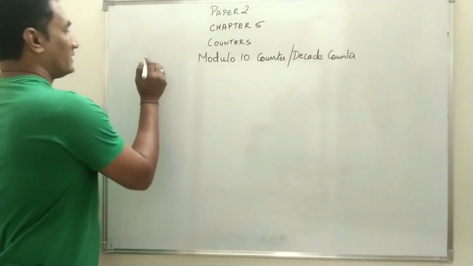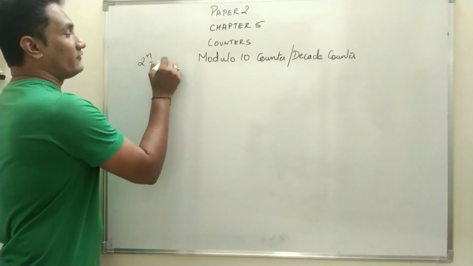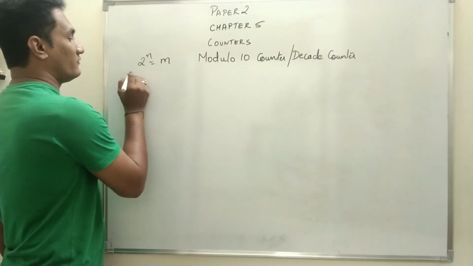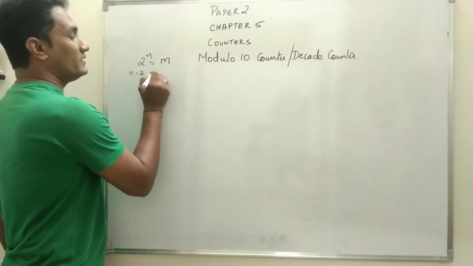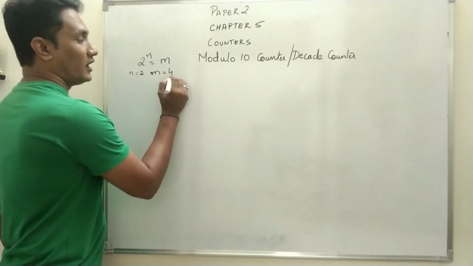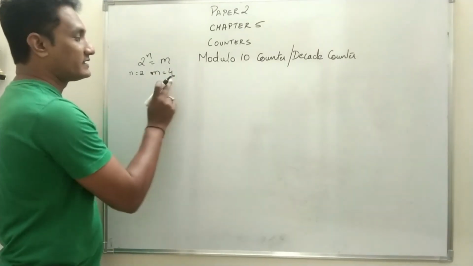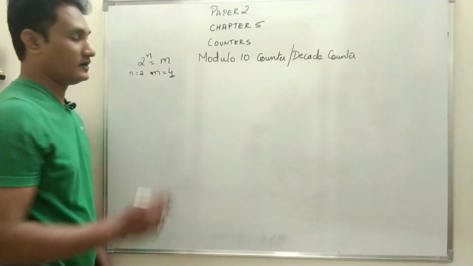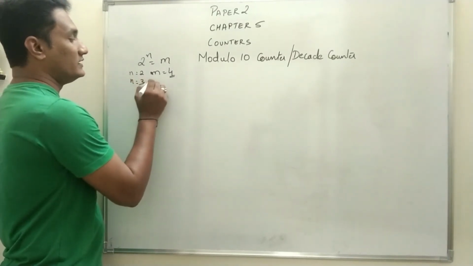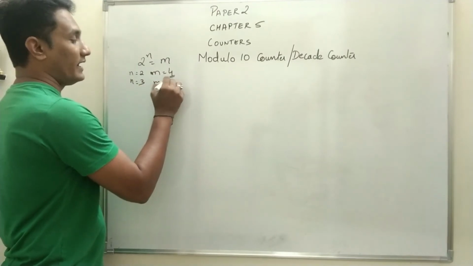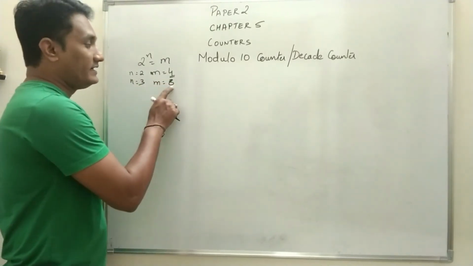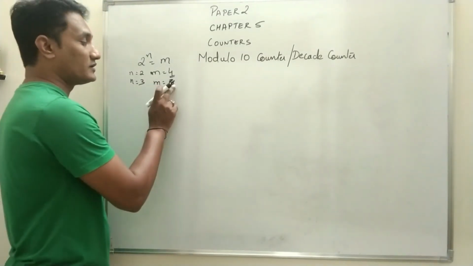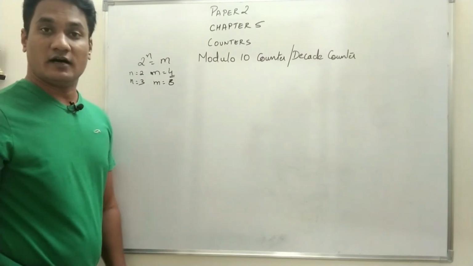So let us try to understand how many flip-flops will be used. Suppose you take 2 flip-flops, so if n is equal to 2, m is equal to 4. How many states do we want? We want 10 discrete states. Will that be a solution? Of course not. Let us say n is equal to 3, so m will be equal to 8. Only 8 discrete states. What we want is 10 discrete states. Of course this will not be a solution, we cannot use 3 flip-flops.